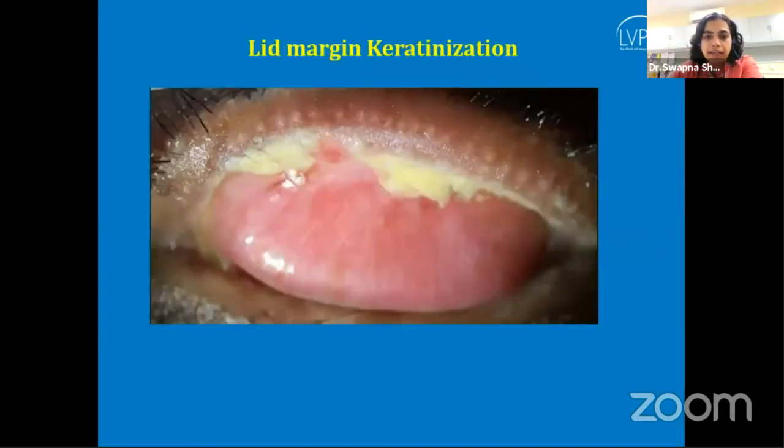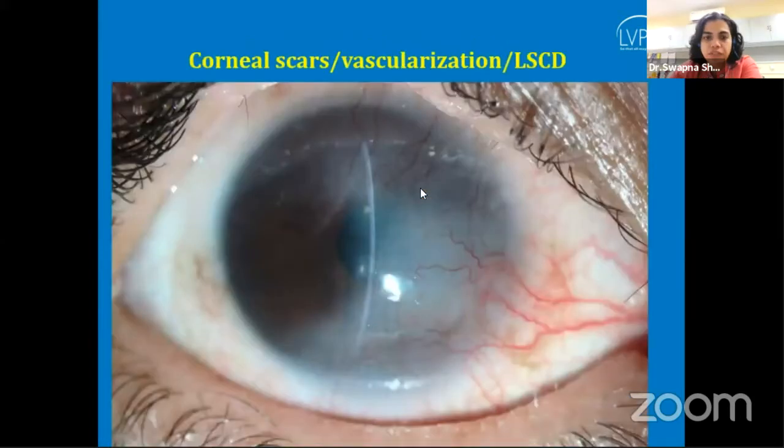And this is again another patient with upper lid margin keratinization. Both are cases of Stevens-Johnson syndrome. So what happens secondary to this is that when these are rubbing against the cornea, as you can see here, there is keratinized lid margin, mostly nasally in this eye, with trichiasis and distichiatic lashes. And you can see most of the corneal changes occurring in those areas.